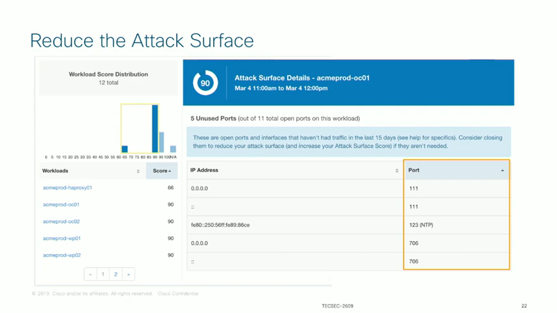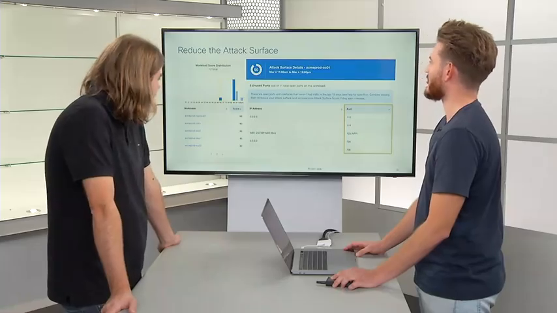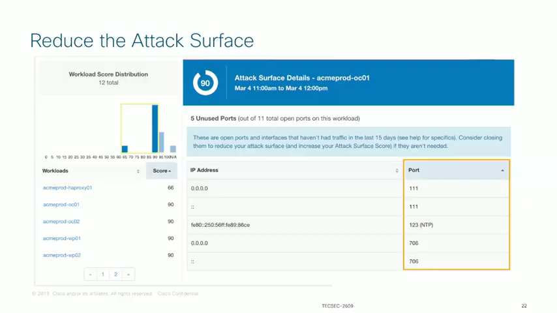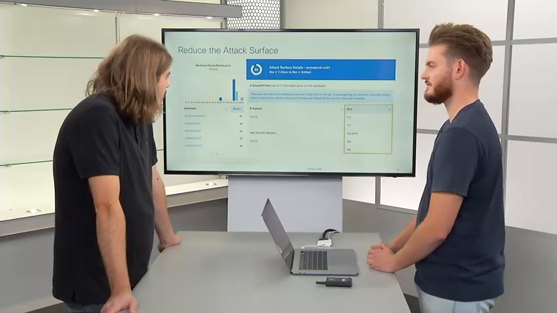NTP. NTP, prime offender. I see IPv6 as well in that list. Yes, you can see IPv6 here because we're not only protecting IPv4 interfaces, but we're fully supporting IPv6 interfaces for policy enforcement as well. That's an interesting one. So you're saying that, for a typical example, SSH and link local. Those ones usually we tend to forget to firewall them.